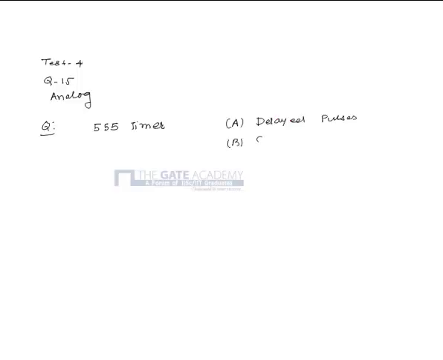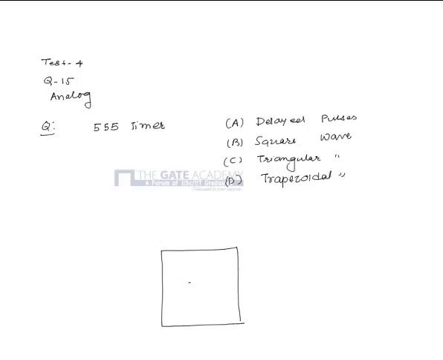B. Square wave, C. Triangular wave, D. Trapezoidal wave. And the circuit given is, we have a 555 timer IC,